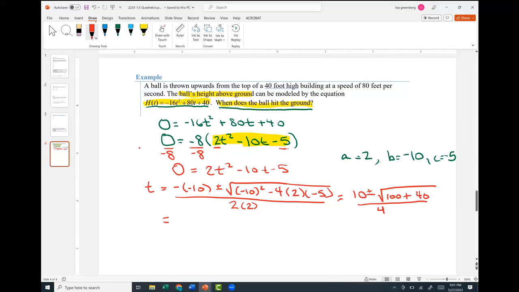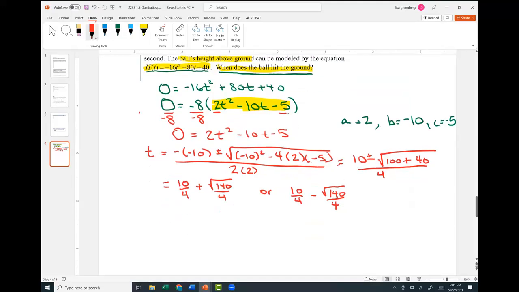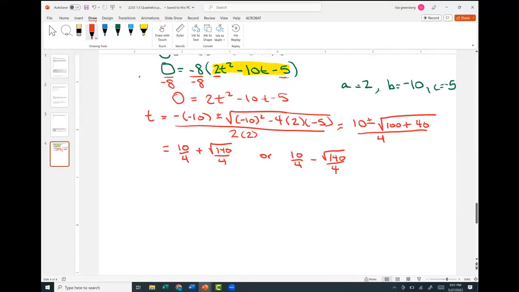And I can separate this into two fractions. I can say this is 10/4 plus the square root of 140 over 4, or 10/4 minus the square root of 140 over 4. All right. Again, if you have a calculator, you would have probably ended this problem long ago, but I'm going to continue to show you some different things because this is a nice problem for that and let you think about it. Okay, so I'm going to simplify this to 5/2